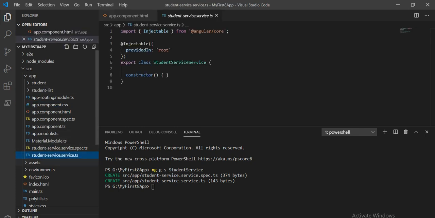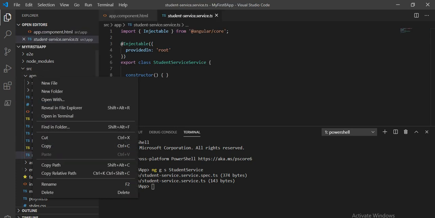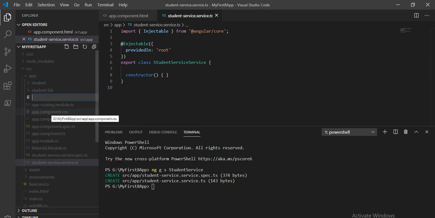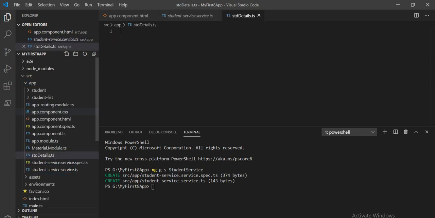Next I will create one file which will hold the student properties: student-detail.ts. Here I will take the properties. Export class, and I will give the name StdDetails.